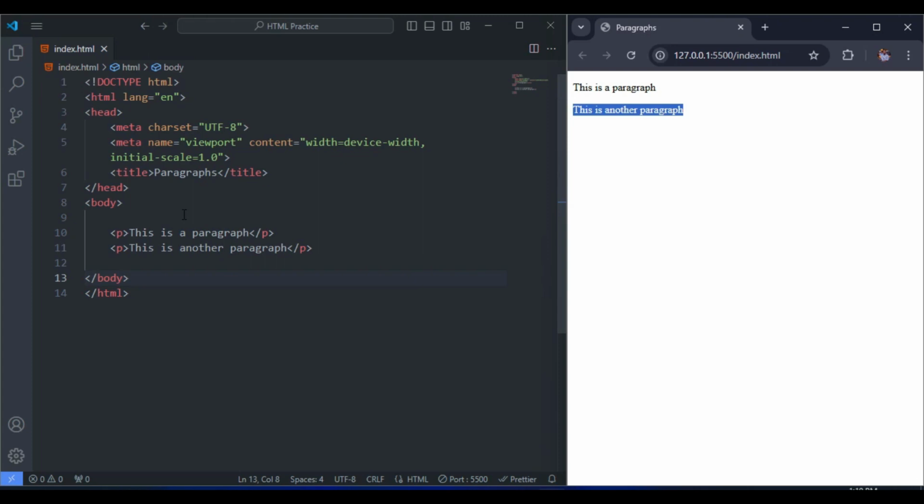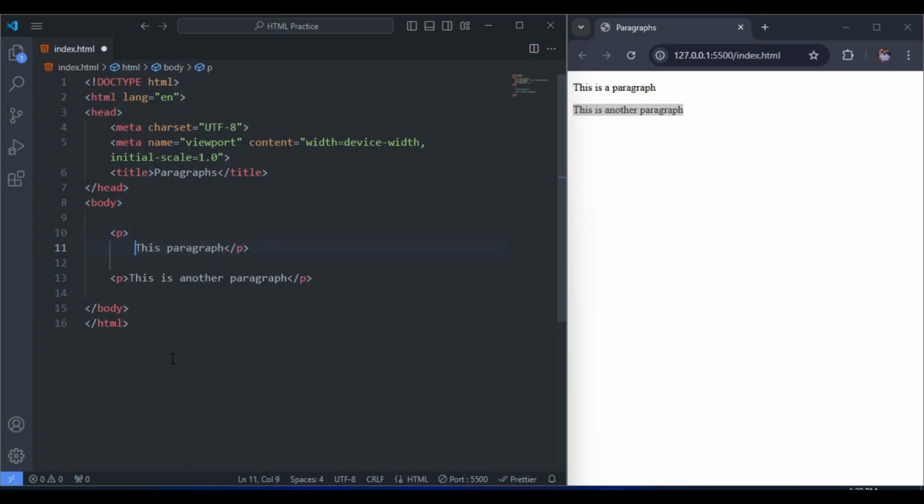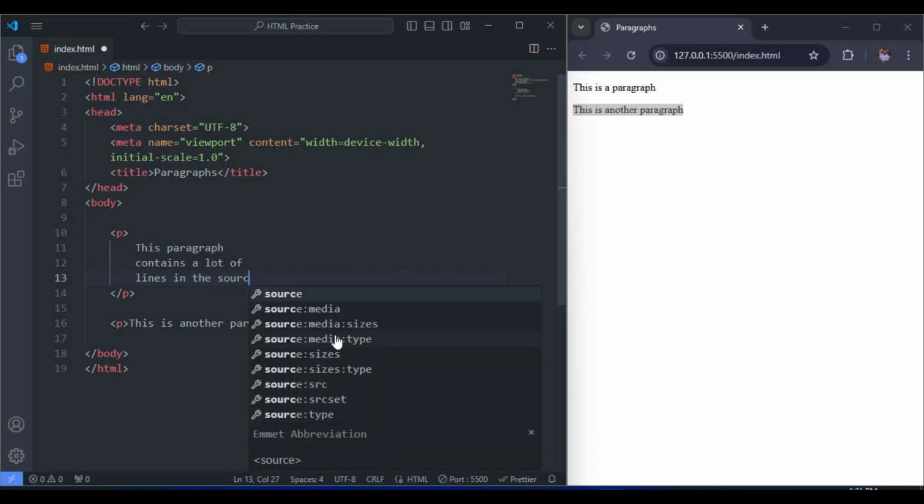Let me go ahead and put what I'm trying to say into practice. I believe you will understand even better. So let's come over here and change the content of the first paragraph. Let me expand our paragraph like so, take our text down like so. Something like this. So let's say this paragraph contains a lot of lines in the source code,